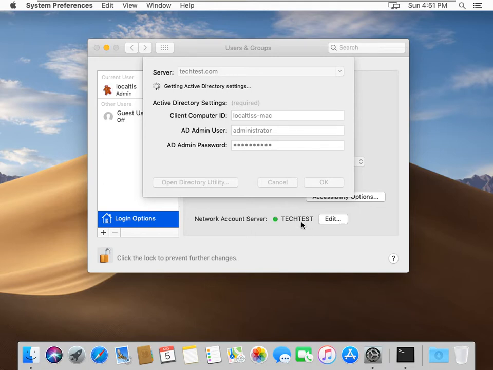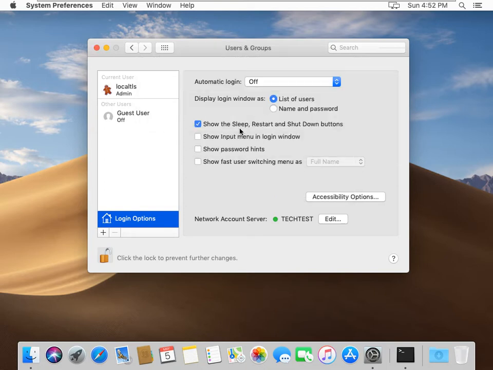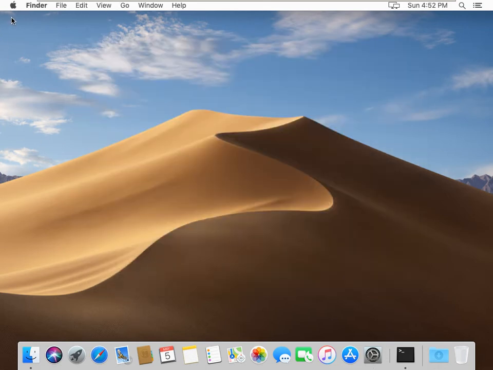Once it has joined, you can see here techtest in green signal. Still, it should complete the process. Yes, it's completed. Now just close it.